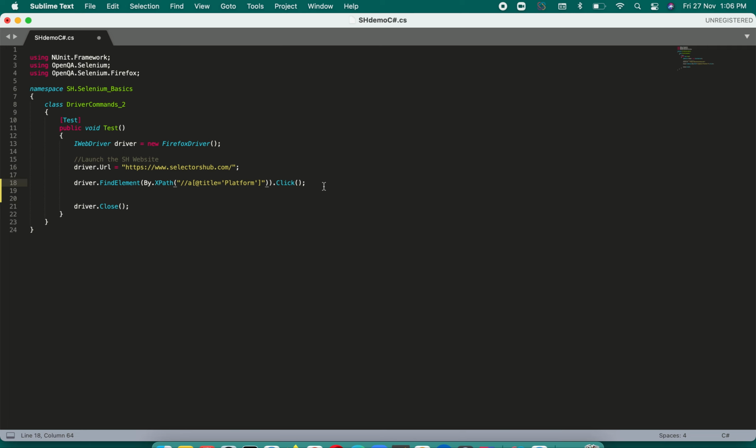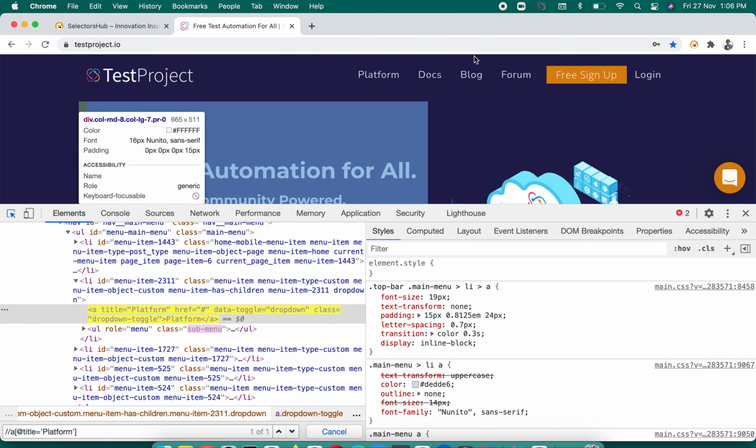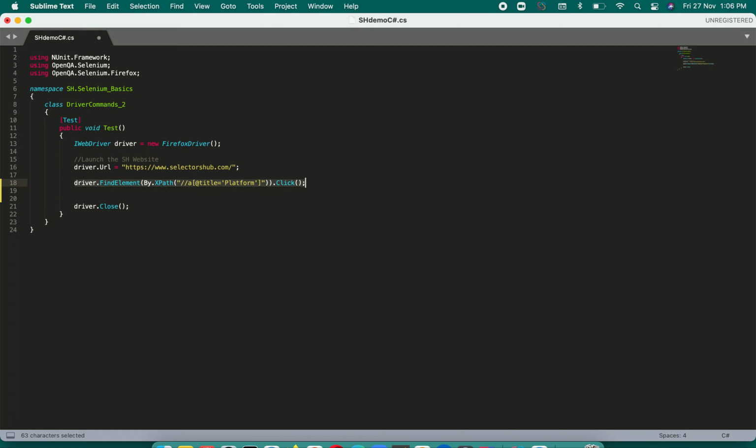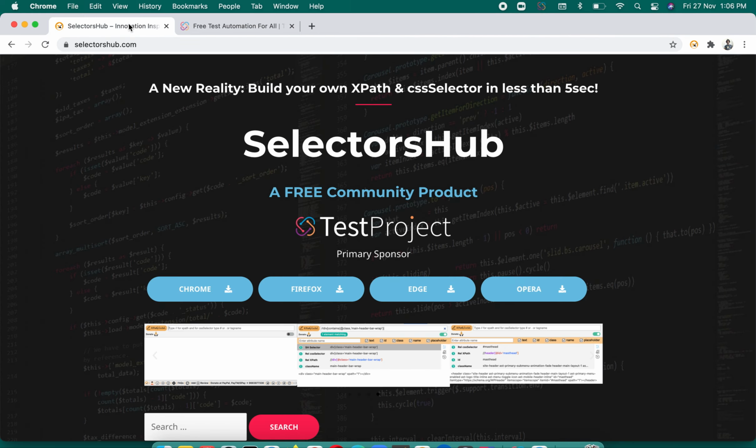And again, if you want to write for docs, you will have to type the xpath value here, and you will have to type this complete command, or paste it, right? And then again you will have to delete this, write the xpath, and come back here, back and forth. A lot of time wastage. Can we do it quickly? Yes, we can do that.